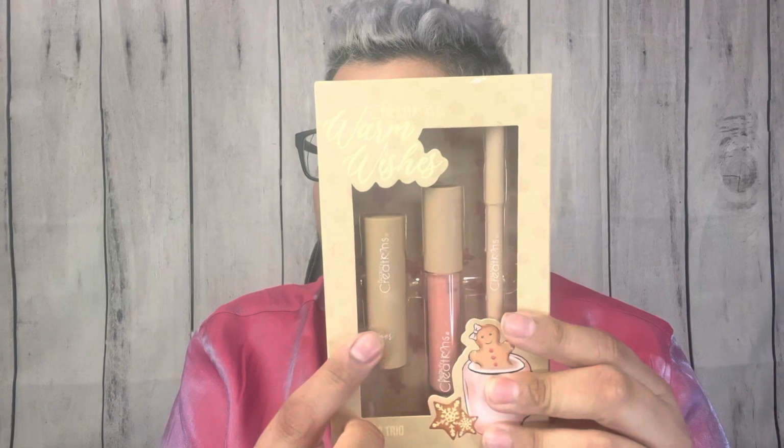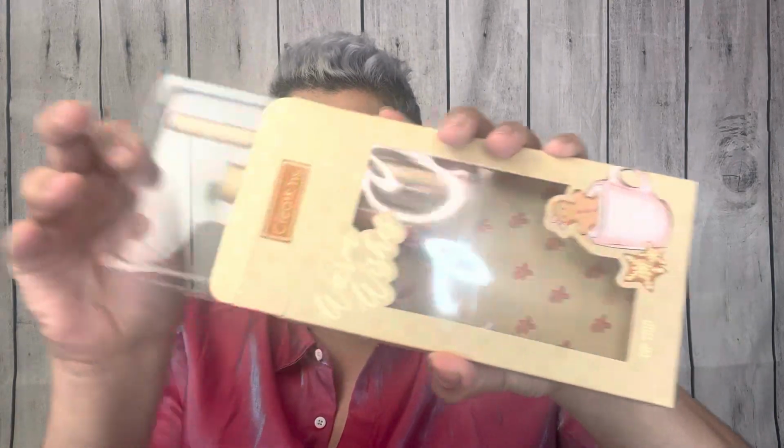And last but not least, from the same collection as well, we have the lipstick set. Would I call it a lipstick set? I think so. So this is Warm Wishes. It has a lip trio, with lip gloss, lipstick, and lip liner. Sorry, Domel, you were going to say something? No, I was going to say, I thought we got a little extra one as well. Maybe somewhere in there. It's not part of this particular collection, but it definitely is an extension of the holiday collection. Right. So it comes with three beautiful...